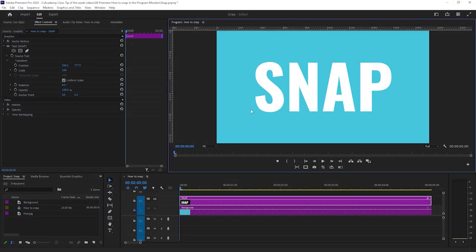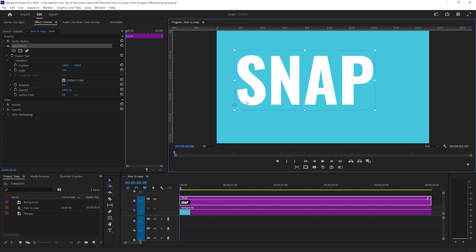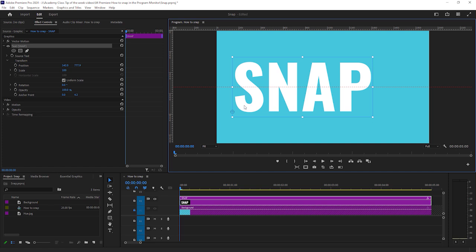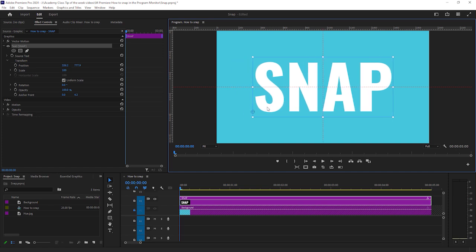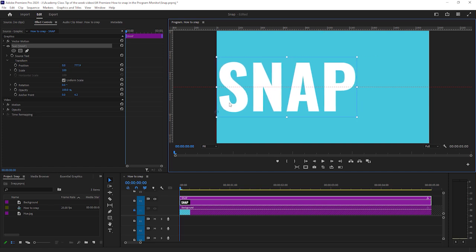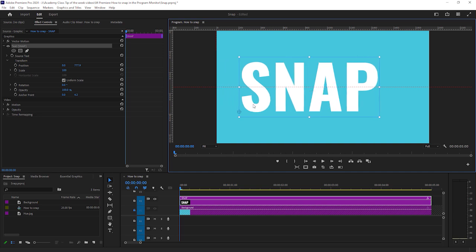To enable snapping in the program monitor in Premiere Pro, first select your object with the selection tool, hold down the Control key or Command key on the Mac whilst dragging. You'll see that the red lines, the guides appear to show you what you're snapping to. So I'm going to snap here to the left side of the sequence, but I'll snap it back into the